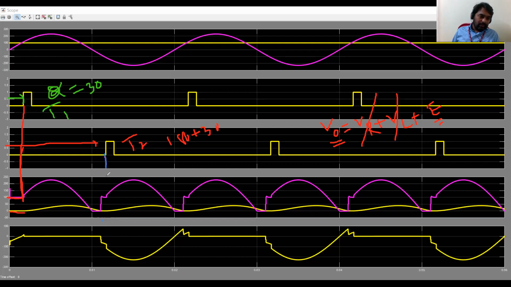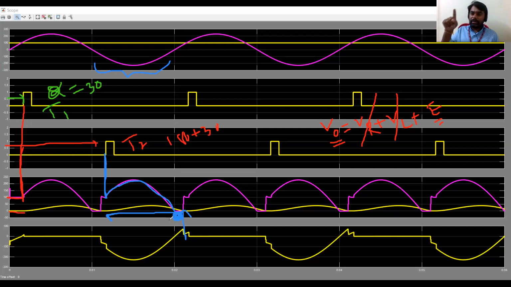Right from this point onwards, T1, T2 is in forward bias condition, which is associated with this positive voltage during this negative half cycle. So if I trigger T2, T2 and D1 will come into the picture and they will carry the current. Due to that current, it is having some voltage. So you can see the current is lagging the voltage by some angle, charging. It is discharging at this particular point. Here it is discharging completely. That means from here to here, T2 and D1 are in conduction state, but during the short interval, discharging current of the inductor after 2 pi, T2, D2 will be in conduction state.